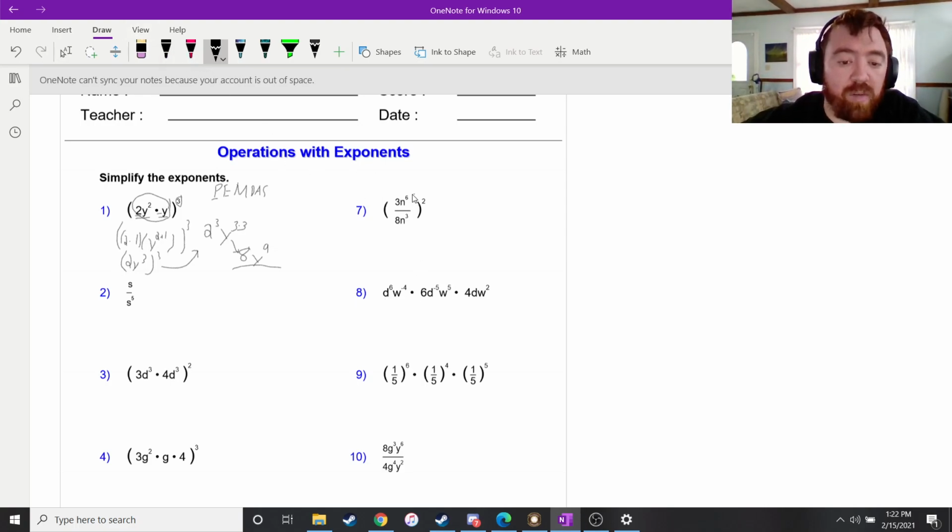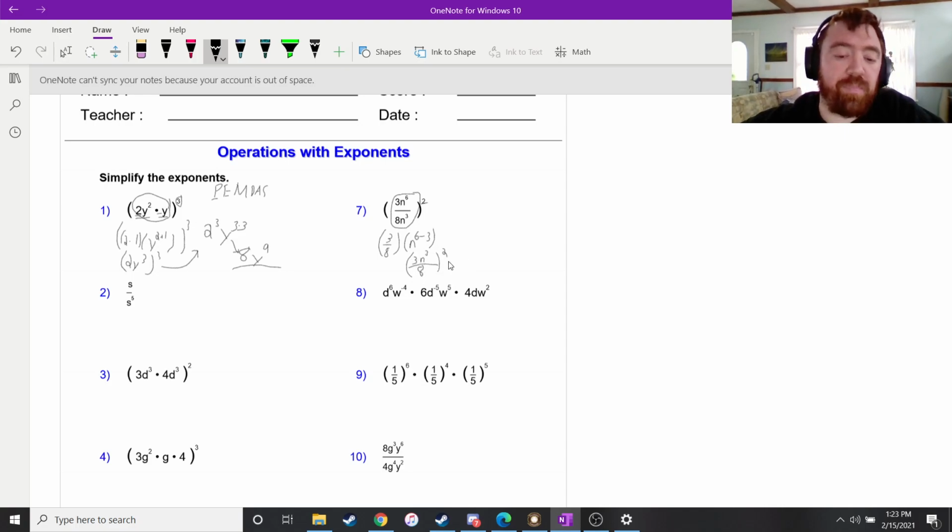Alright. Now remember, if we're dividing, we subtract exponents. So let's go ahead and simplify this part in here as much as we can before we get to the 2 on the outside. So 3 divided by 8, well, we're going to keep that exactly as it is. And we're going to multiply that by n to the 6 minus 3. So then we could rewrite this to be 3 n to the third, because 6 minus 3 is 3, over 8